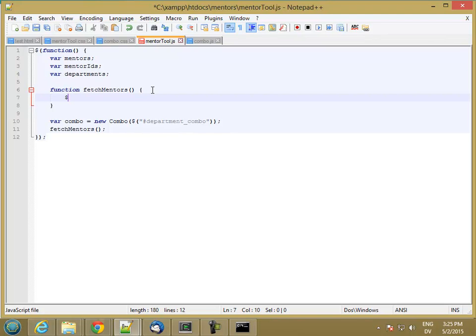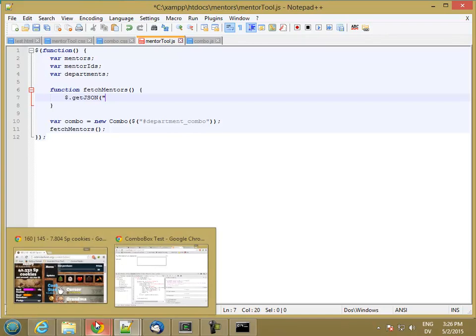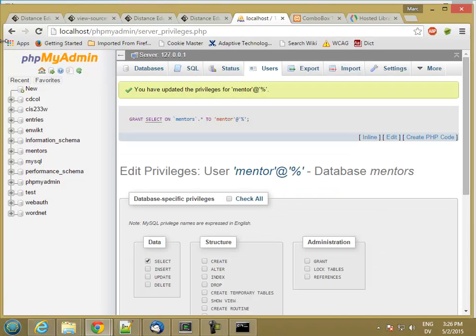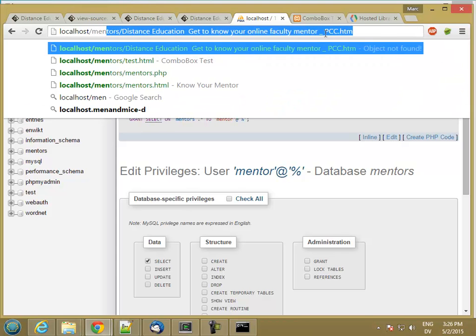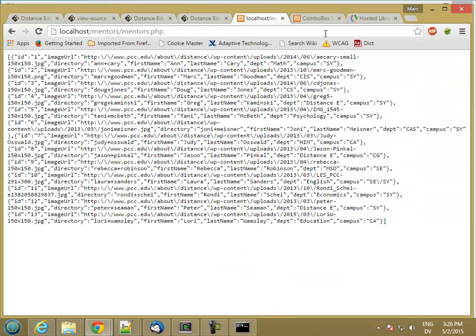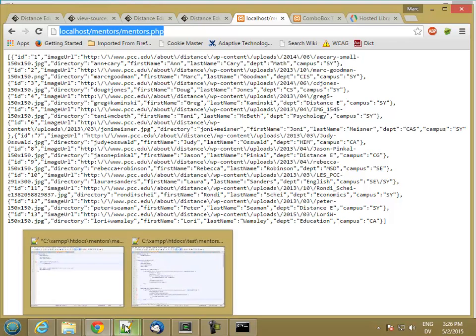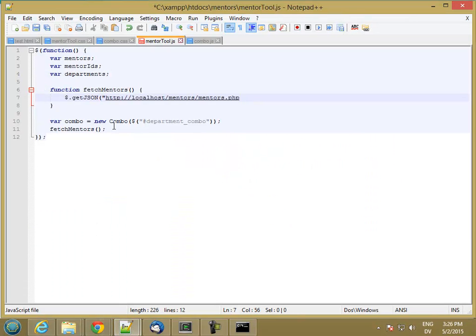Let's see how this is going so far. I'm going to use $.getJSON, which is a jQuery method, and you give it the URL that you want to fetch. I think I still have that up here. Oh, I don't have it still. Okay, well, it's localhost/mentors, and there's mentors.php. So this is the URL for the data that I want to fetch. And then you can give it a function that gets called when the data's arrived. So function data,